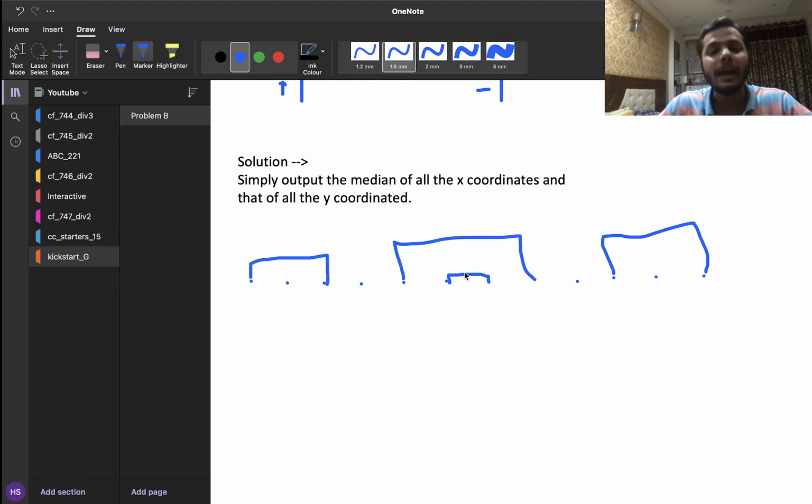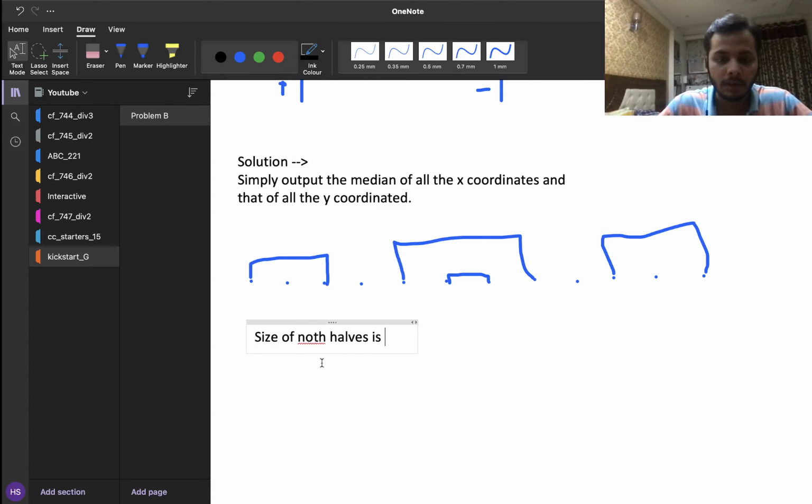Now I know that I'm in the middle, so the size of both the halves is the same, right? So let's say the size of both halves is s, right? So I know that in total I have 2 endpoints for each rectangle, I have 2 x coordinates, right? So this s is basically equal to n, right? So the size of both the halves is n, so both halves contain n points. So out of which,